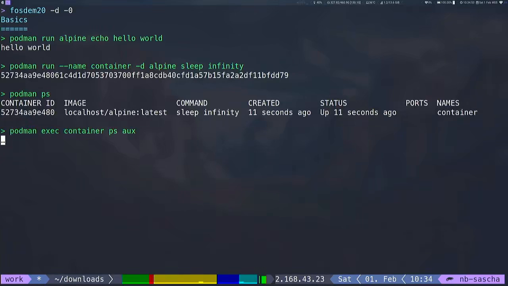So if we list the processes inside that container, then we can see that our process with PID 1 is our sleep command, and the ps command has PID 9 in that case. So there's no daemon running for Podman. This means that Conmon is the monitoring tool which has to be dispatched to actually ensure the lifetime of